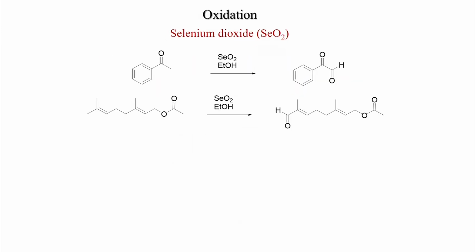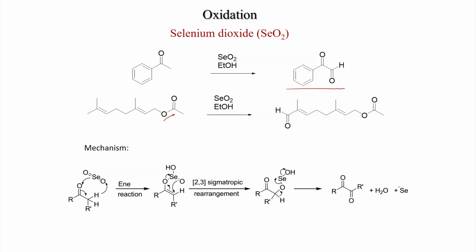Also, acetophenone can be reacted with selenium dioxide in ethanol, and you get the ketoaldehyde, that is, the oxidation alpha to the carbonyl going to the carbonyl group. And here there is no carbonyl group, only the alkene is there, but this is unreacted. Only under this condition does the allylic position go to the first alcohol and then to the aldehyde.